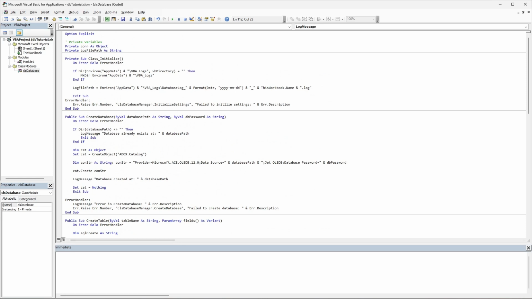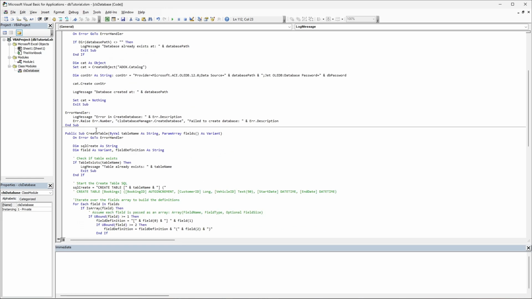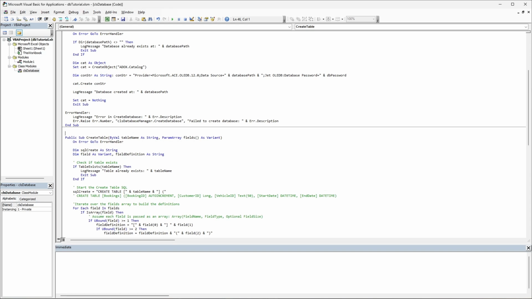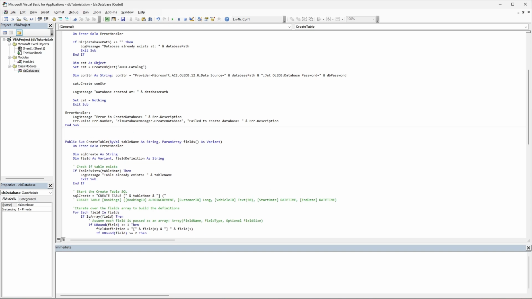But now we've actually got to connect to our database, because we've got these tables. We can't exactly create a table if we can't connect to that database. So first, let's build out an open connection method. So we're going to have public sub open connection, by val, and we're going to have database path. So we're going to pass in the path of the database, and then we're going to have an optional item,